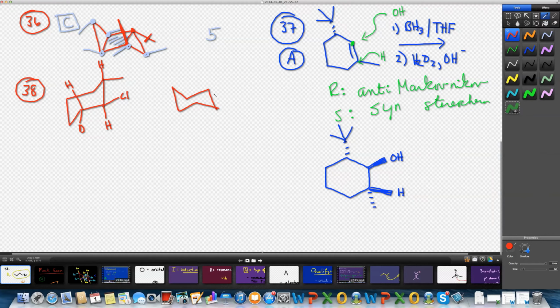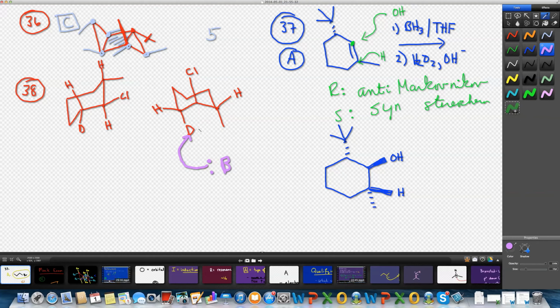And of course, Cl's coming up. And this hydrogen is equatorial, so that cannot be removed. And of course, this deuterium will be axial, while this hydrogen will be equatorial. So it's the deuterium that's removed. So if I have a base, remove the deuterium, form the double bond, and chloride will leave. This is going to leave me with,